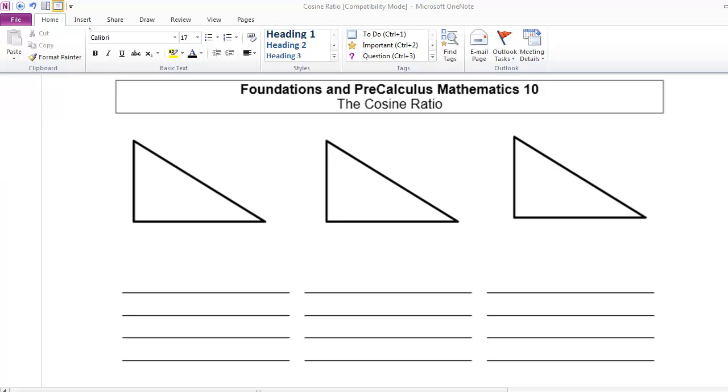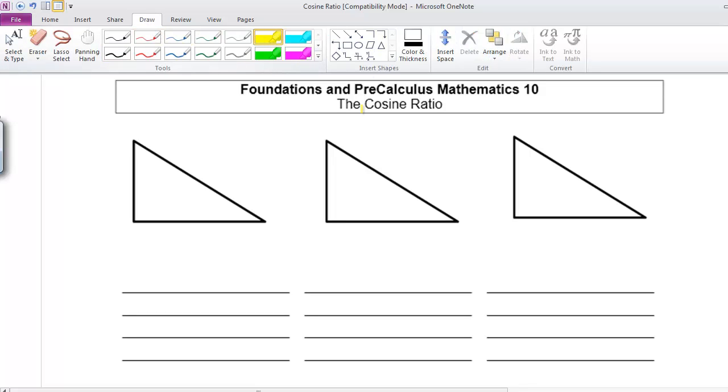Our video for today is called the cosine ratio. And our notes for today are going to look identical to our notes from the sine ratio for the most part, because we're still asking the same questions. So for instance, in your notes from last day,